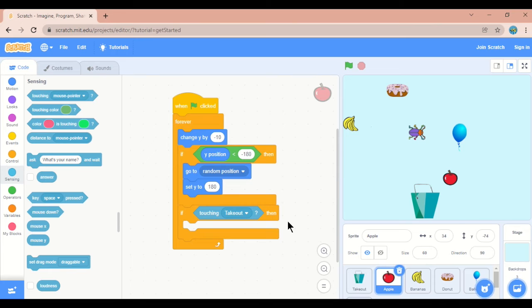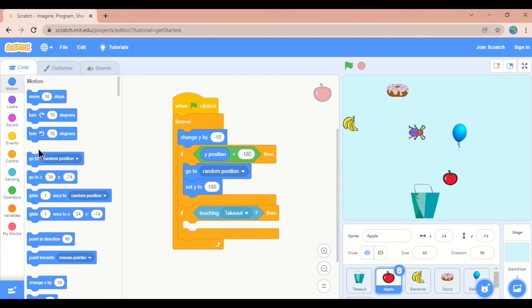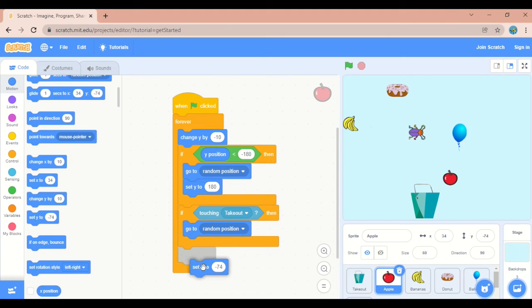Then it will go back to this position. So we can give the same, go to random and set y to plus 180.